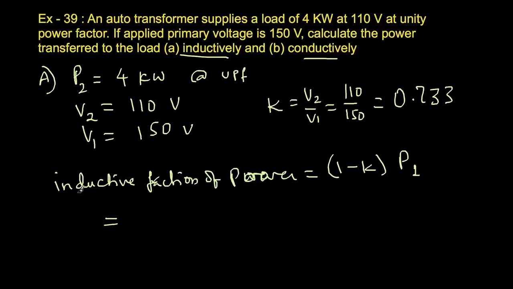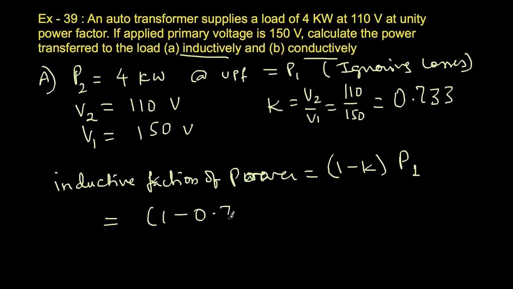So therefore, the amount of power transferred inductively, P1 will be equal to P2, just ignoring losses. Input power will be equal to output power, because a transformer is only transferring power from one circuit to the other circuit, ignoring losses, and no data is given to calculate losses. So therefore, I'll get 1 minus 0.733 multiplied by P1, that is